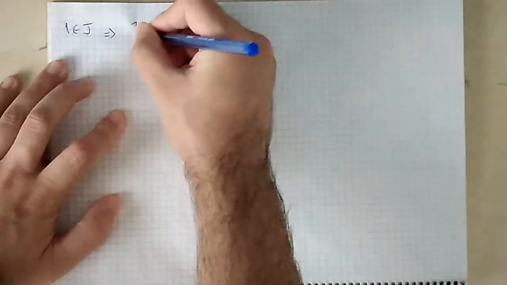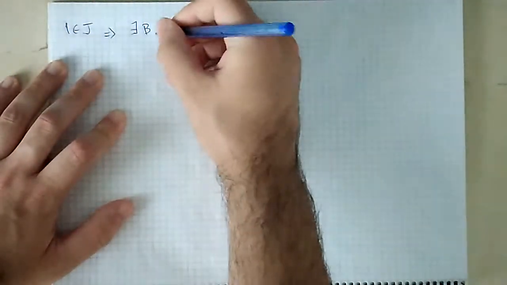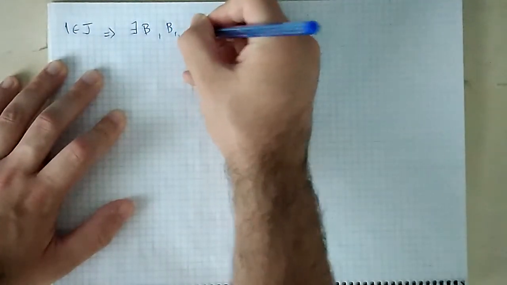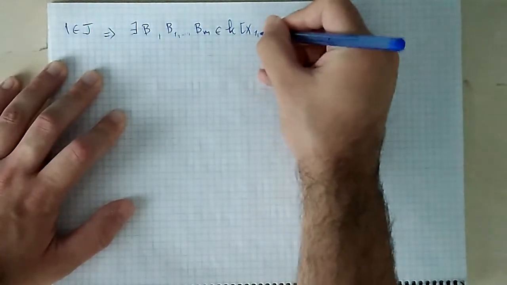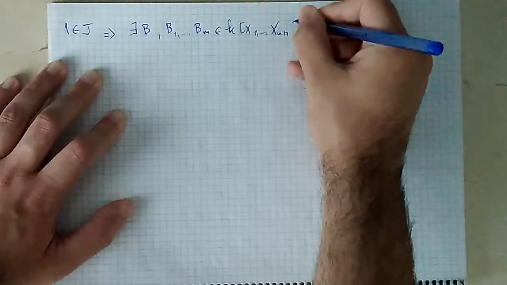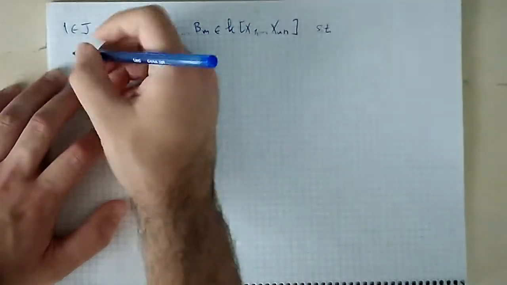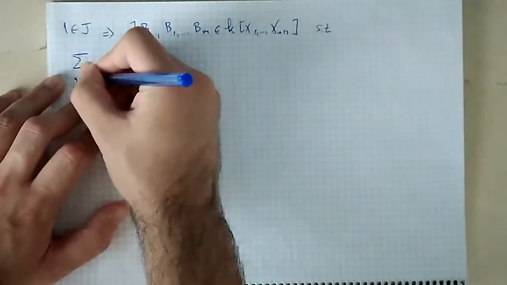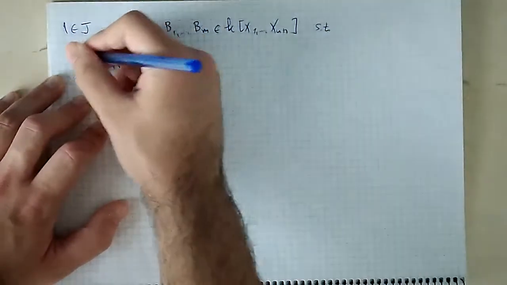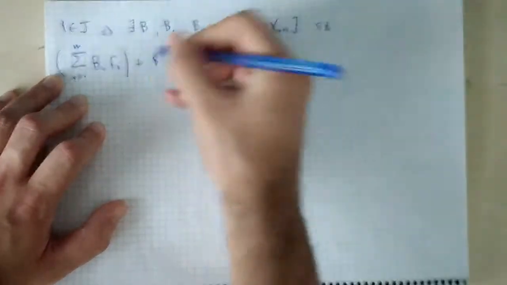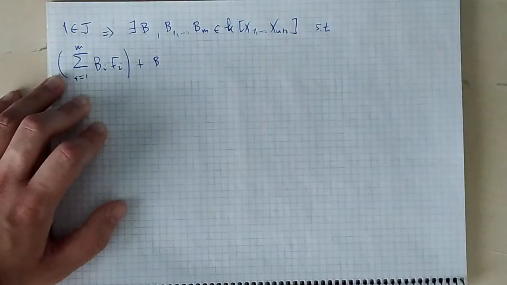So 1 has to be an element of J. And now, if you recall the definition of J, this clearly implies that we have some polynomials B1, ..., Bm in n+1 variables such that 1 is a combination of those things,